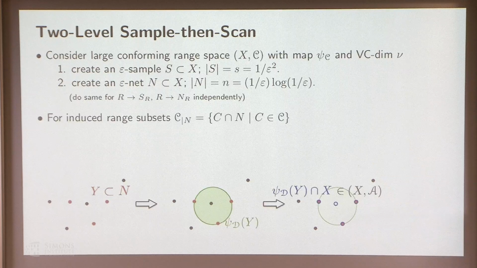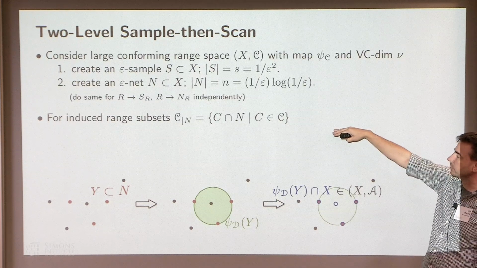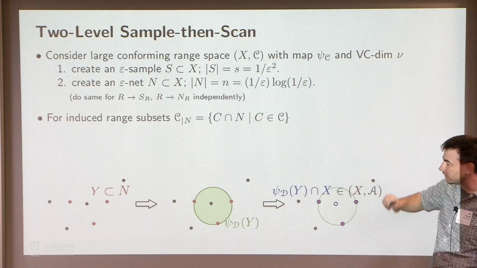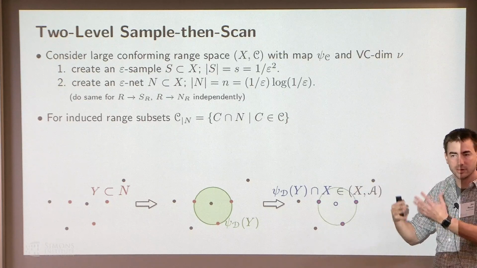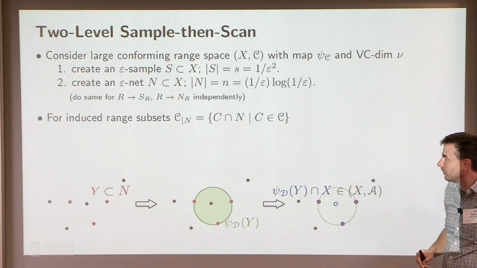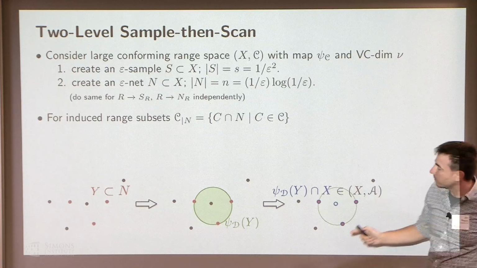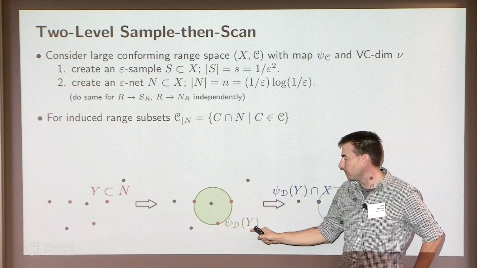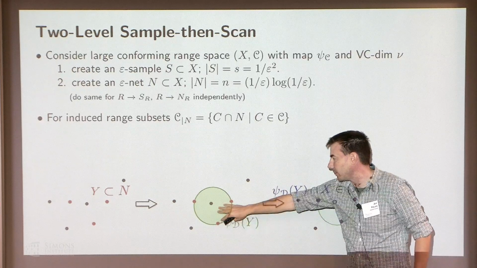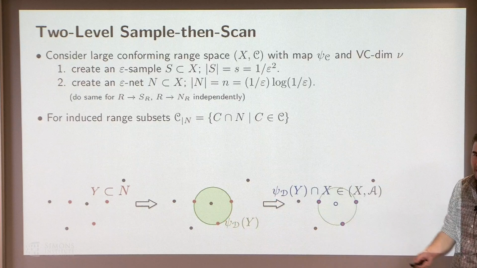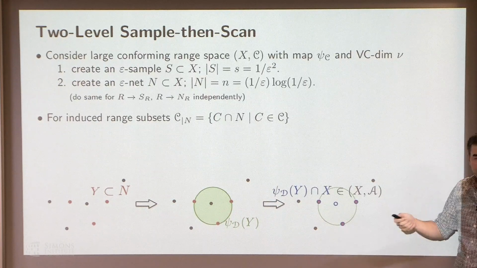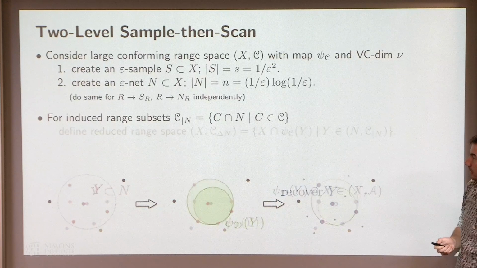I'll describe exactly what the net is after I describe this result. We're going to use the net to induce a range space. And this is a little tricky, and you need to go through these conforming definitions to make sure this works. I'm only going to consider the ranges defined by the conforming map onto the geometry defined by the net points, which is going to be much smaller than the epsilon sample, right? And then I need to map this back